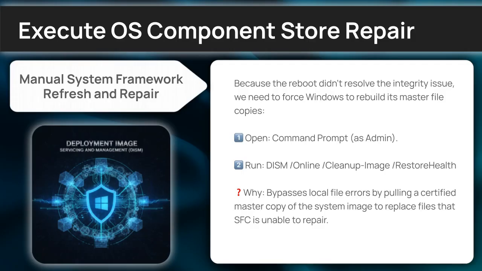Because the reboot didn't resolve the integrity issue, we need to force Windows to rebuild its master file copies. First, open command prompt as admin. Second, you're going to type dism /online /cleanup-image /restorehealth, then hit enter. Why are we doing this? Well, it bypasses local file errors by pulling a certified master copy of the system image to replace files that SFC